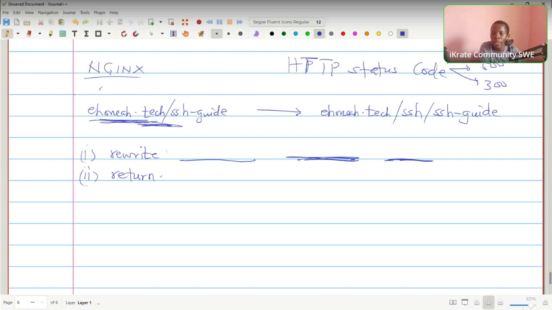But two in particular that I'll mention here are 301 and 307. So 301 is used for permanent redirects. Permanent redirects. So in a case where, let's say, your company has changed names, for example, there is this company